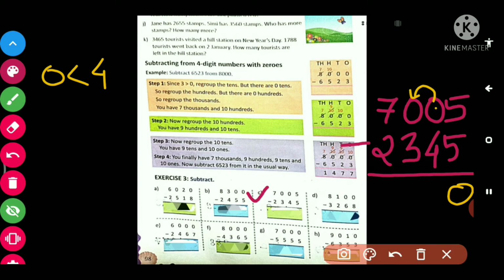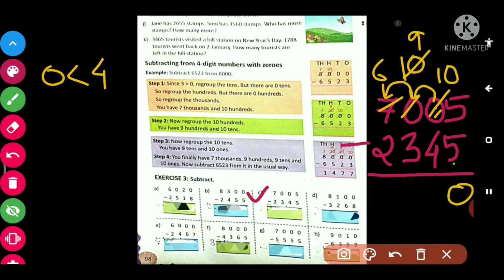Again we get what, one more 0. Now this number will borrow a number from 7. Now this 7, it will reduce and it will be 6. This 0, it will now become 10. Now again we have to regroup this 0. So now this 0 will become 10, but this 10 now it will reduce by 1 and it will become 9.